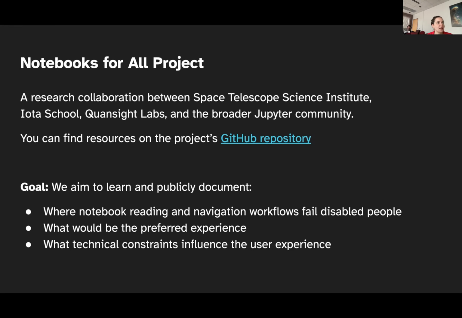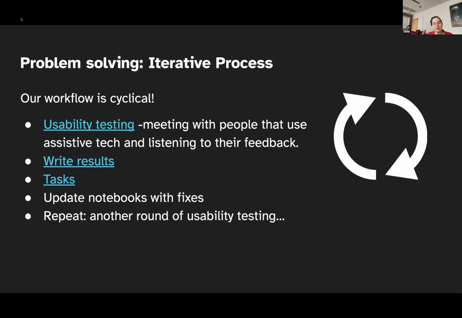And we've been doing that through usability testing to try to figure out what the preferred experience is, how they should behave, and what would be helpful. Can you go to the next slide? So, like I said, we've been doing that through usability testing, which is when you meet with people one-on-one, and we've written scripts and followed those scripts to go through different aspects of a notebook. So for instance, navigation, different content types, and we see how they behave with screen readers, braille readers, magnification,